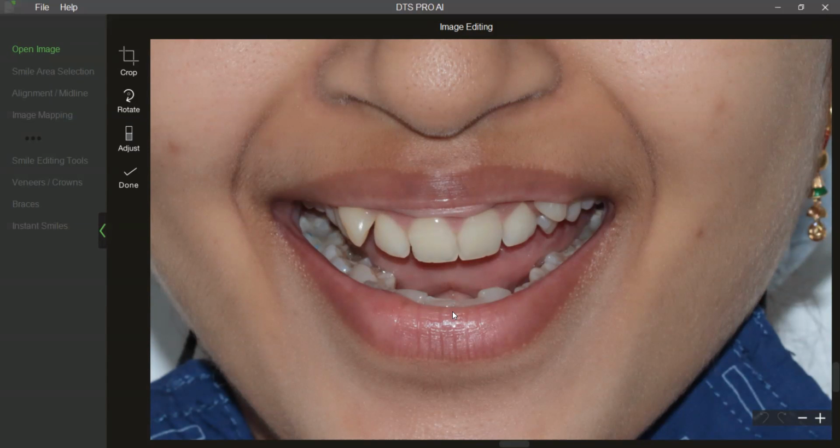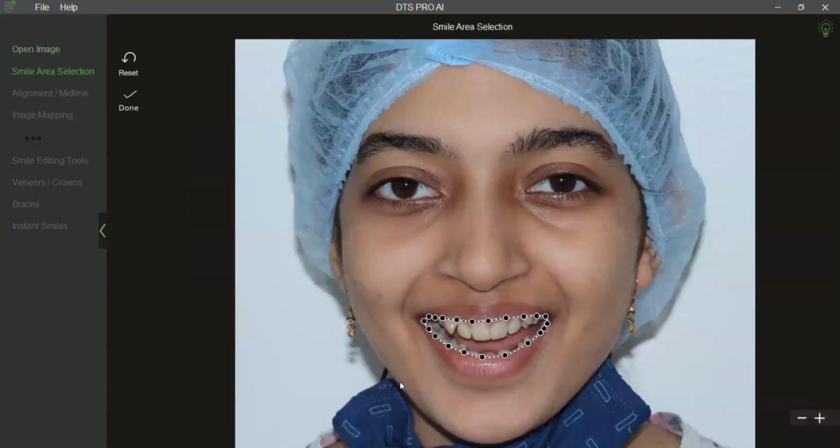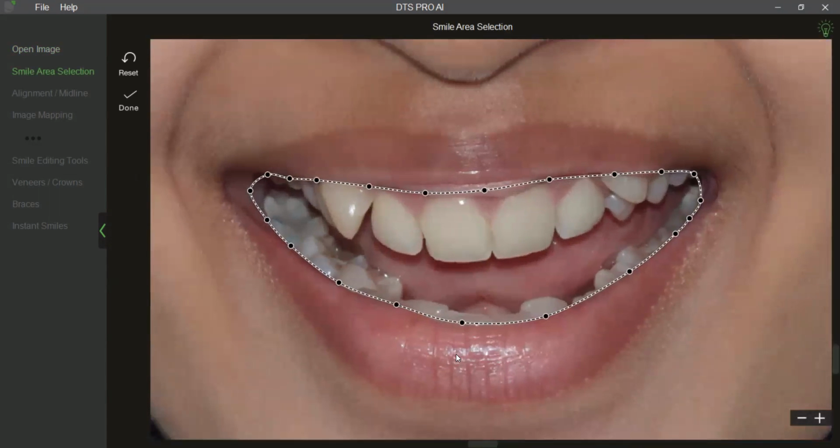Now, typically in a clinical situation, a clinical tip is we can ask the patient to pronounce the letter A and smile wide. So A and wide. The moment the patient says the letter A and smiles wide, you will automatically get a little bit of interincisal space there. So with that in place, let me come back to the screen, and that's the smile line that is marked by the software.